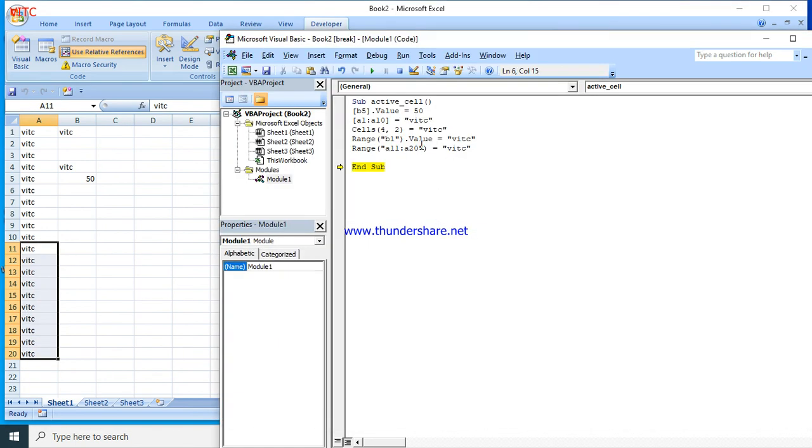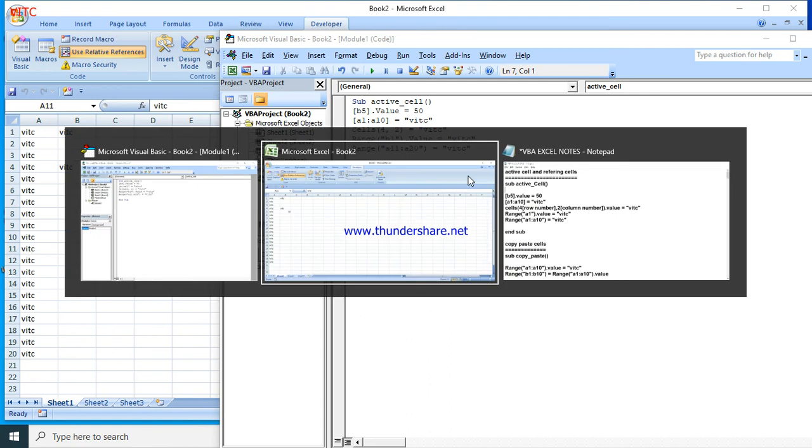So this is the procedure for selecting a particular cell and filling the content into particular cells. Normally we use Range for select. Even if you don't use Range directly, it will accept, but it is better to use Range because this is a standard command we use for selecting any cells, whether a single cell or multiple cells. Here we are selecting a single cell and here multiple cells. So next we will go to the next topic. Let me stop here.